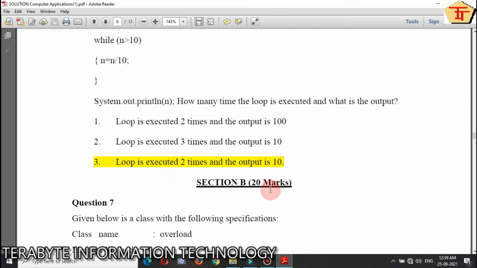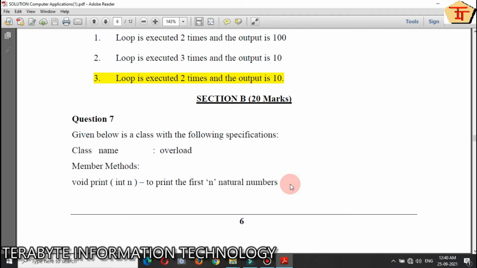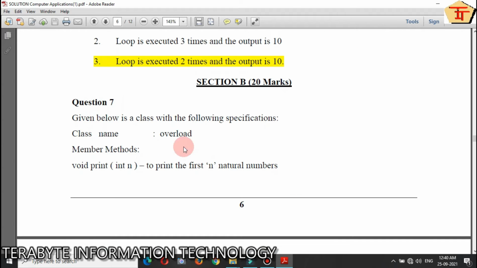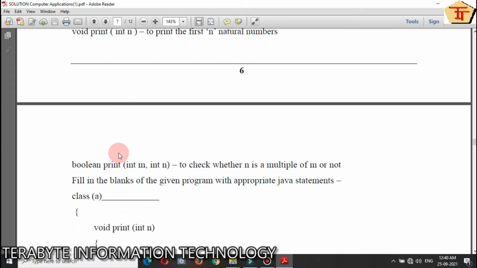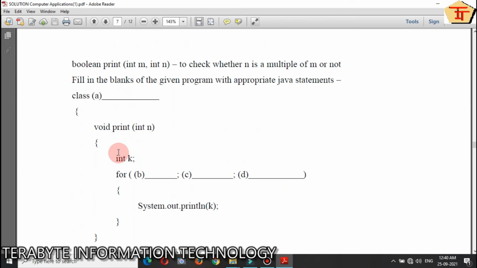Now as I said, the question paper is divided into 2 sections. The second section is section B and it consists of 20 questions, each of 1 mark, that is 20 marks. In question number 7 it has given you one question and some fill in the blanks. It is my advice that you go through the question very properly and write down the answer in the fill in the blanks part. After writing the answer in the fill in the blanks part, then come to the options and choose the option. I have done the same thing.